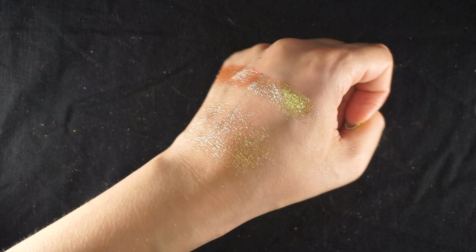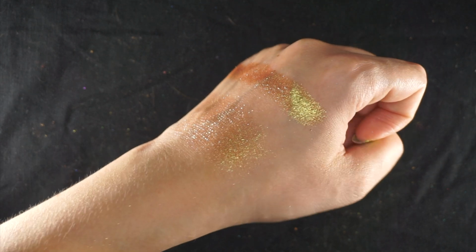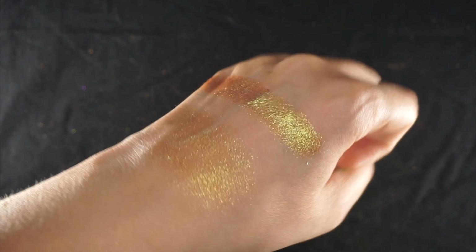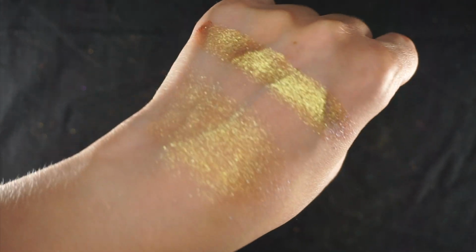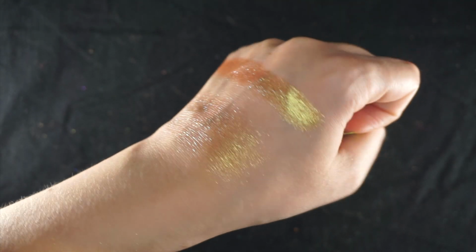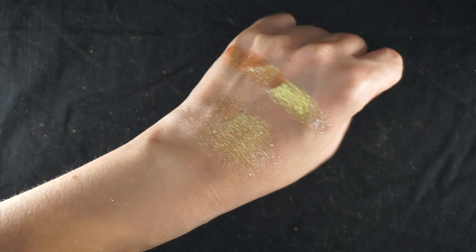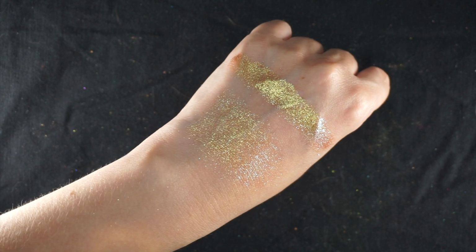This is a really unique one though, because straight on it has that kind of green gold effect. It does have a brown base, but then it goes into this really unique cool tone shift. It has an almost turquoise into purple to blue shift, and it's such a unique one because of that shift, because it does have that really strong warm tone gold straight on, but because it does shift a little bit more cool toned, I just found this one so unique. And also I absolutely adore these type of shades. I love these kind of green gold eyeshadows, so of course I had to include this